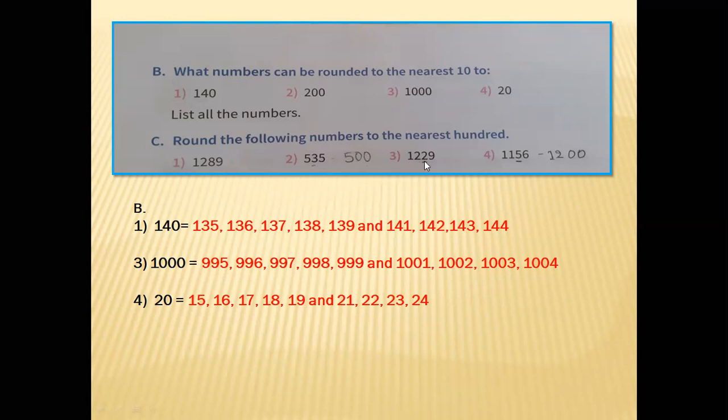See, 1229 is there. In the tens place, 2 is there. It is less than 5. So, what is the answer? You have to think and write. Next, fourth one,